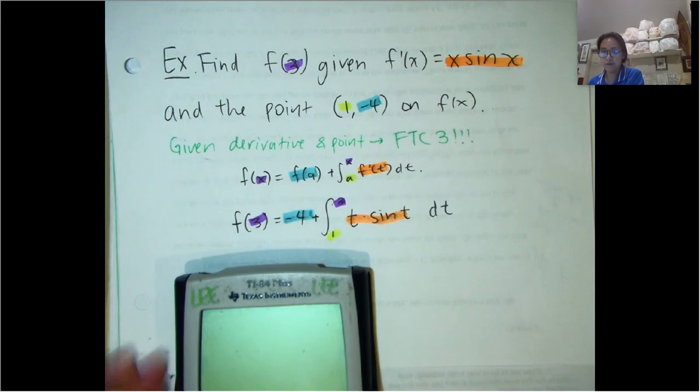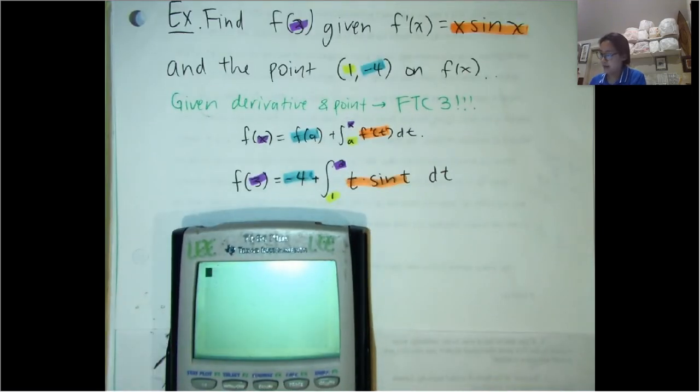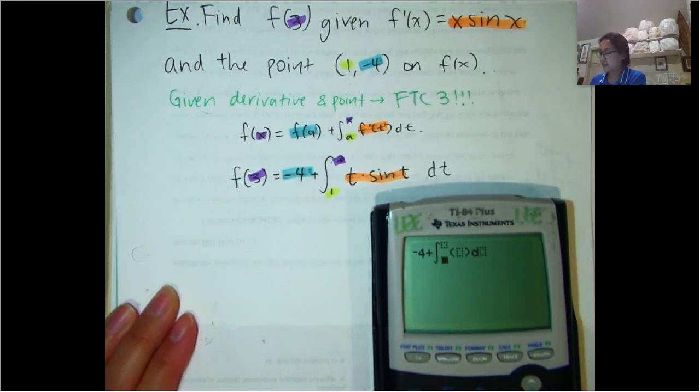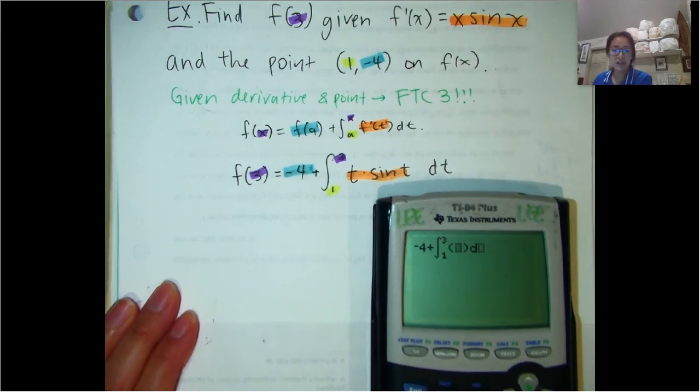So we'll do -4 plus math 9. So I'm pressing math 9. And then the integral is from 1 to 3 of, and then you can use x here or you can type t. But since there's no other variables here, we can just go ahead and just type x. So x sine of x, close parentheses, dx. And press enter and we get